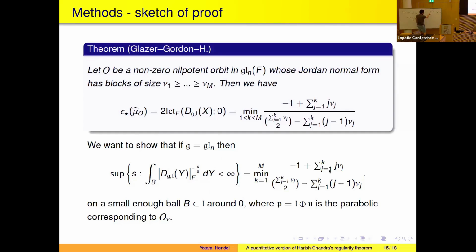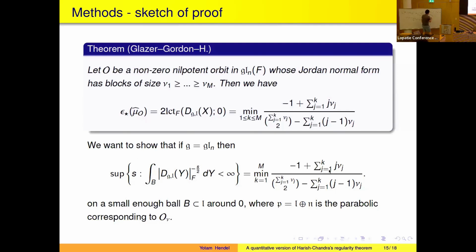And actually, to get this result, we can realize the Fourier transform of this nilpotent orbital integral as some kind of push-forward measure from some nice space. And then we have a result in some previous work which allows us to calculate epsilons of push-forward measures using the Jacobian of the relevant map. And in this case, the map is something like you start with some